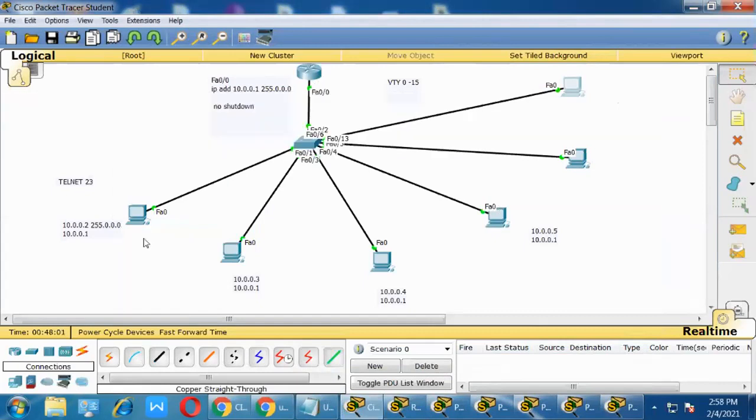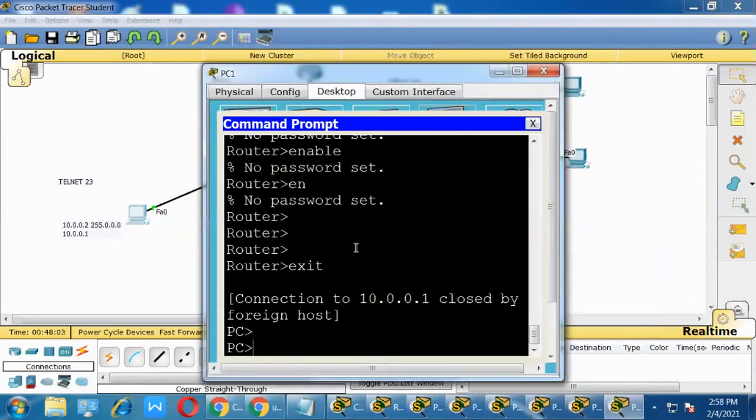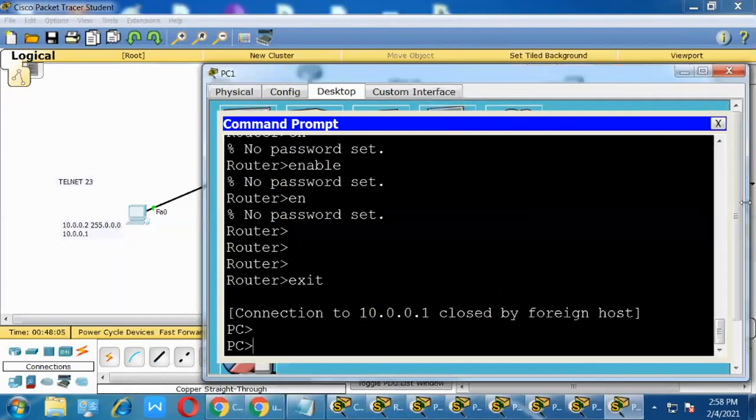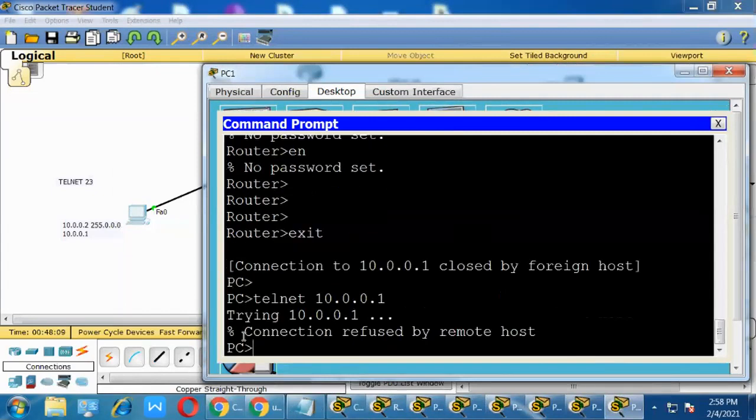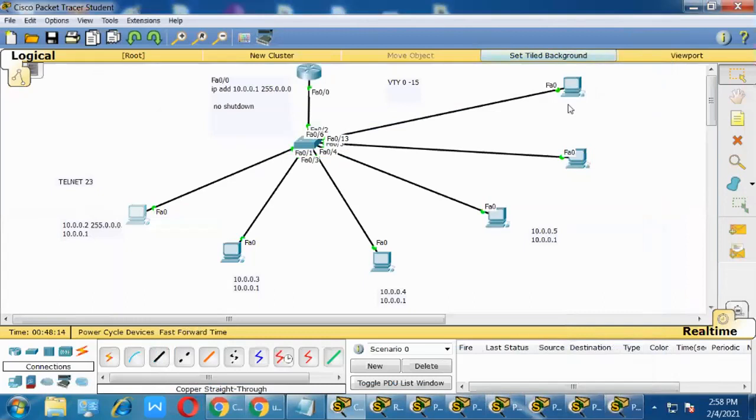But can this user access or not? No, he can't, because only 5 users are allowed at one time. We are logged in here 1, 2, 3, 4, 5. The previous ones are logged in, but this one is not, so he can't log on.